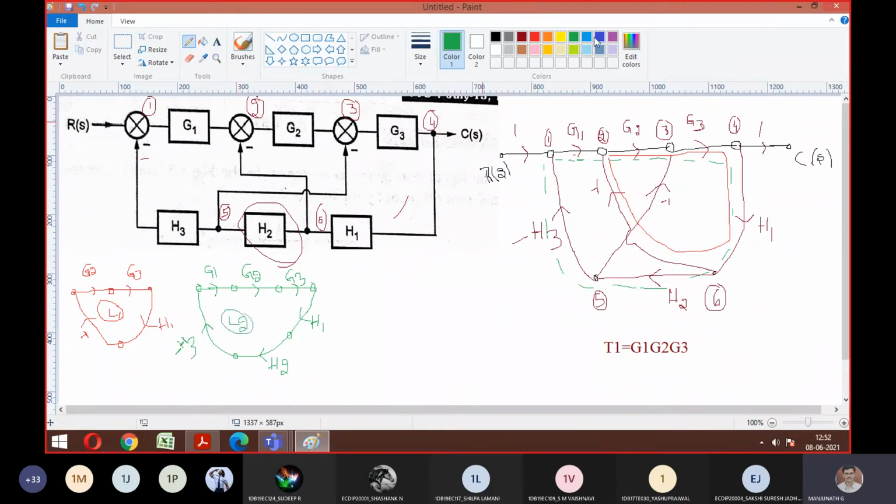Okay. So loop 3. From the G3 node, loop 3. So loop 3, it is having H3, right? We will go with H3. Already H3 is over. Which, sir, is loop 3? From G3 node 3. Good. Yes. G3, then H1, then H2, then minus H1.